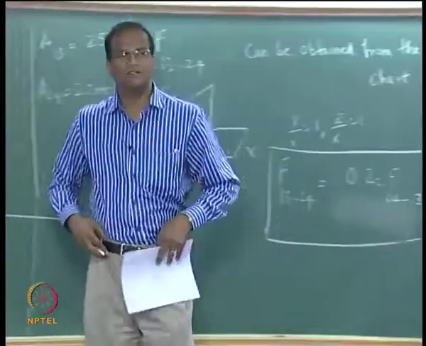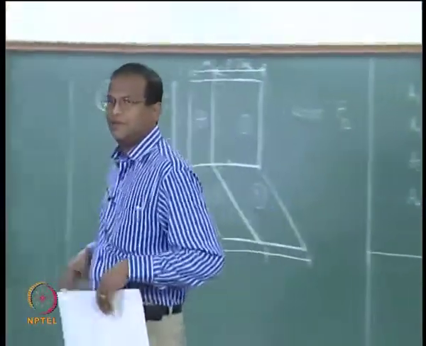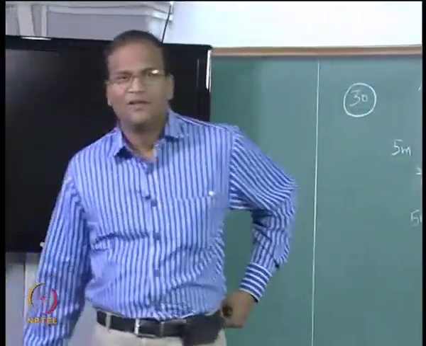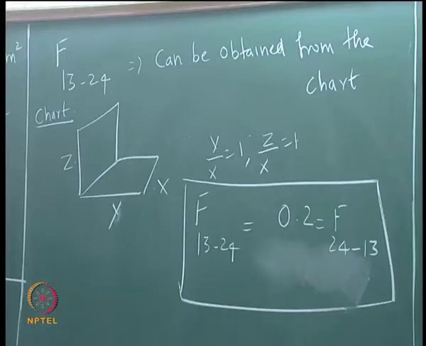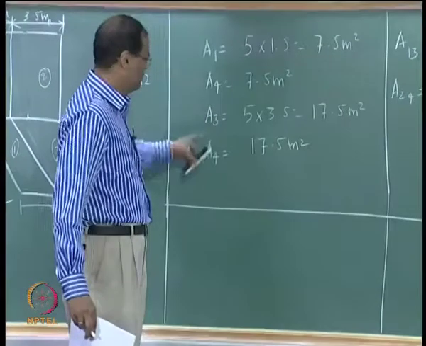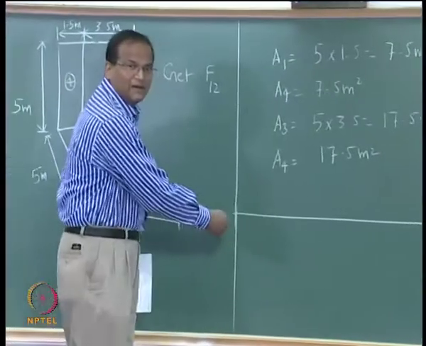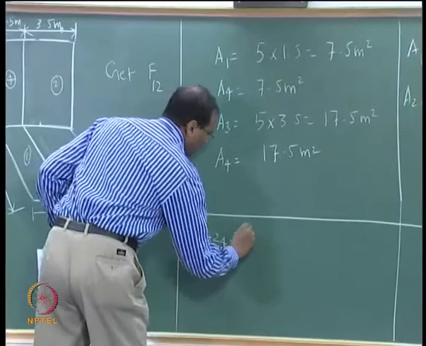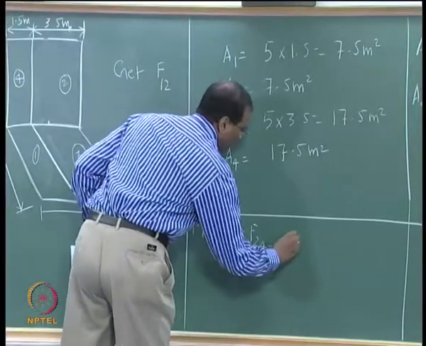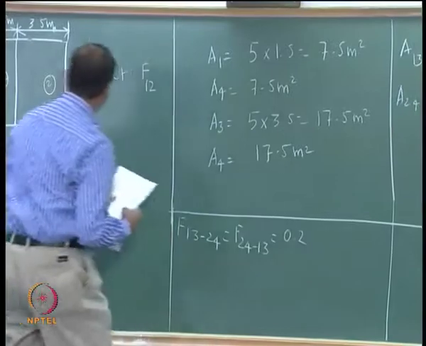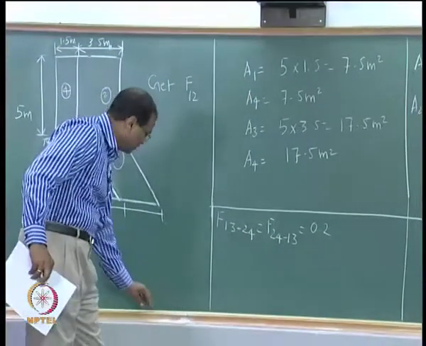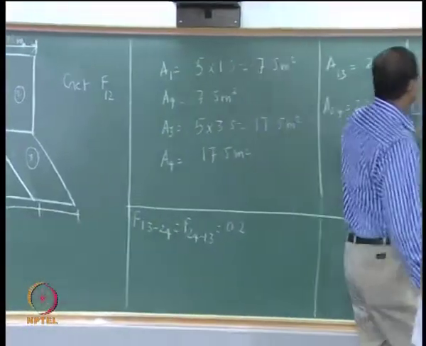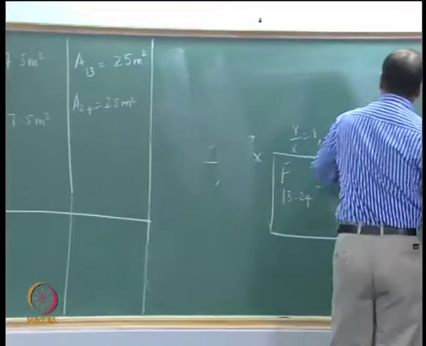So we have just started, we are far off from the final answer. This is just warming up, a lot of algebra is involved. F13 to 24 is fine, so far so good. Let us keep this here itself, whatever we have obtained we will write here. We will keep the figure intact, we will also keep these areas intact, we will keep working on this side of the board.